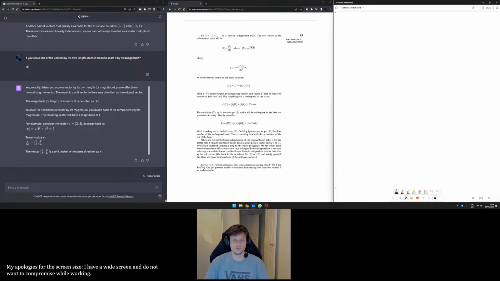So which is 2 minus the part pointing along the first unit vector. Think of the arrow example as you read on. Not surprisingly, it is orthogonal to the latter. So it's saying that this vector 2 is orthogonal to this one. So the inner product of the basis of the first and the second is equal to the inner product of this minus the inner product of 1